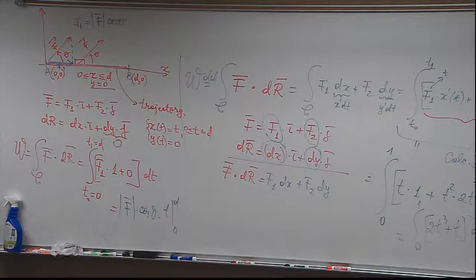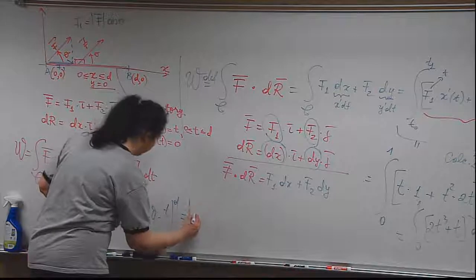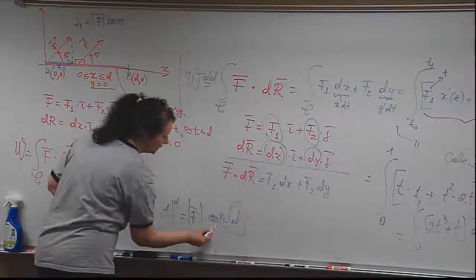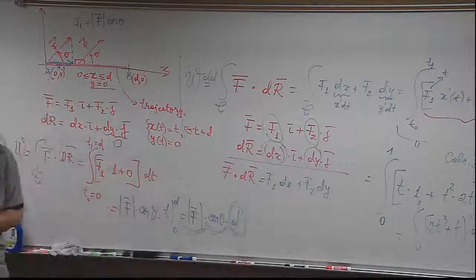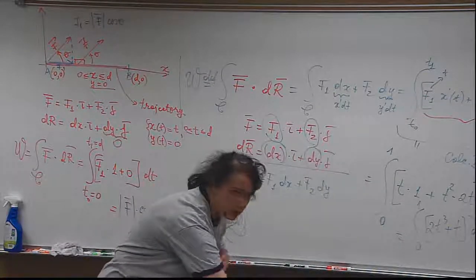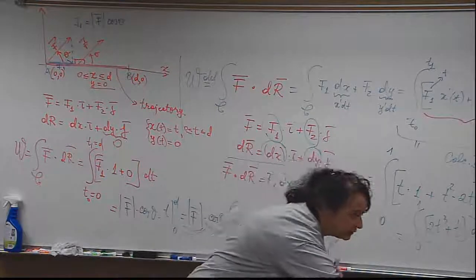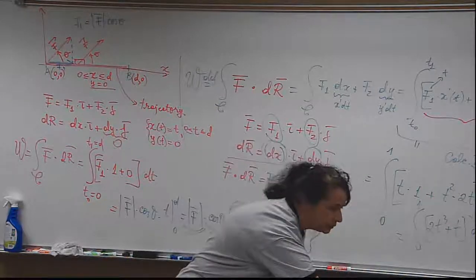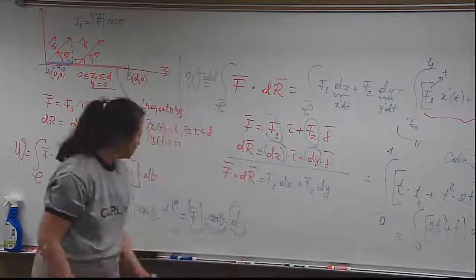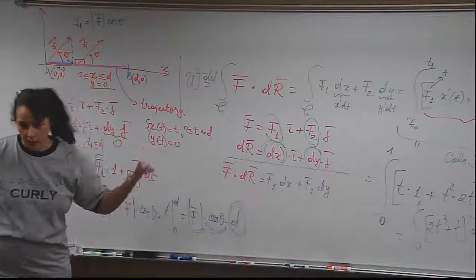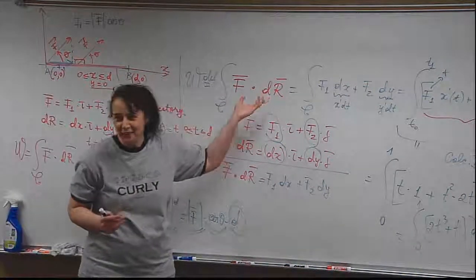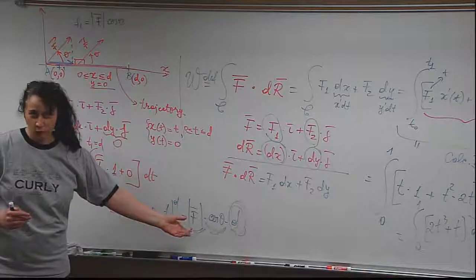We got the formula. So we got the magnitude of F times cosine theta times d. This is the displacement. This is the cosine. This is the magnitude of the force. My force is along my arm. I'm just dragging this poor object. But the force I'm acting with, suppose it's always the same, parallel to that, I can feel it here. So that's what I have. F cosine theta d. So as a particular case of this nasty integral, I have my old work from school